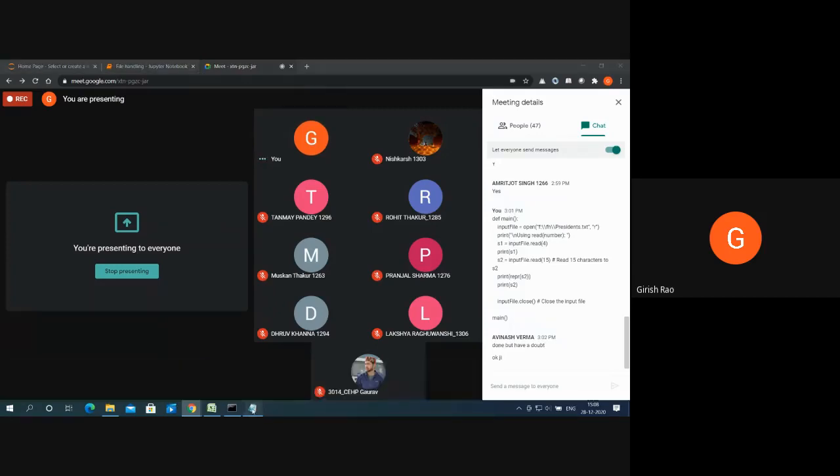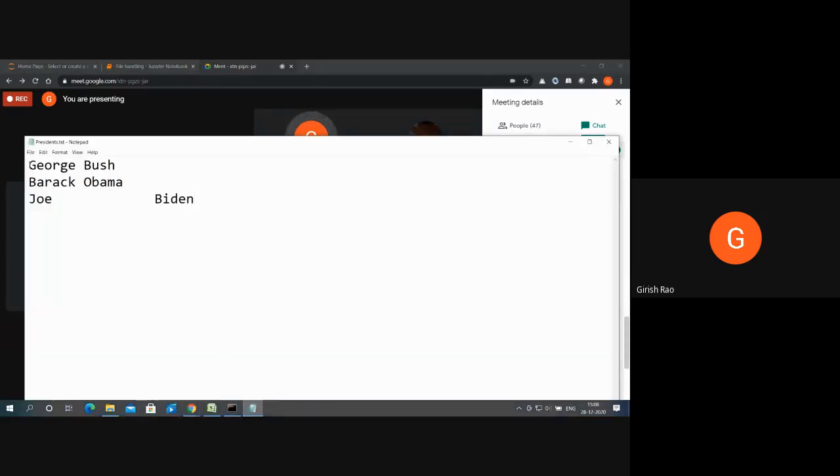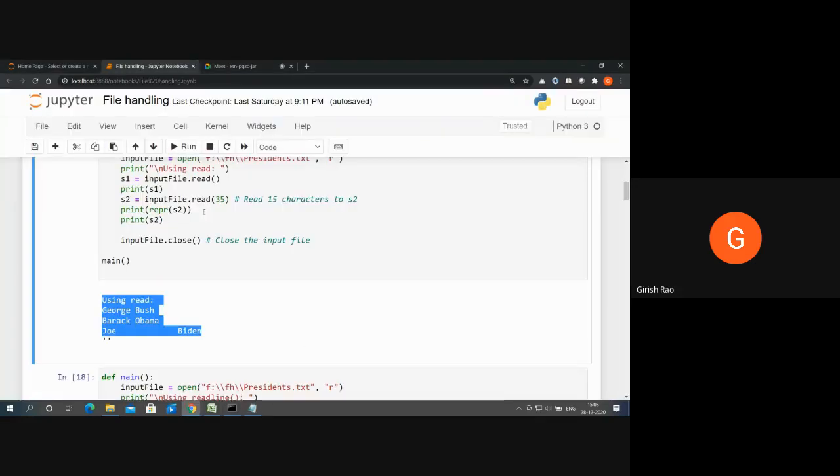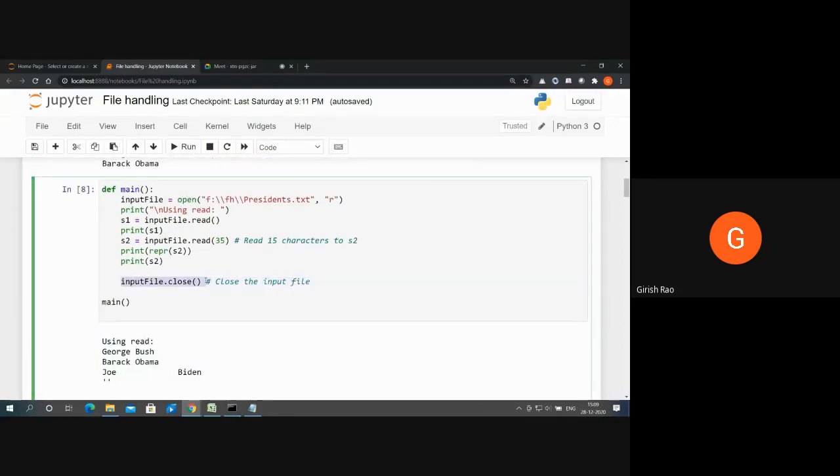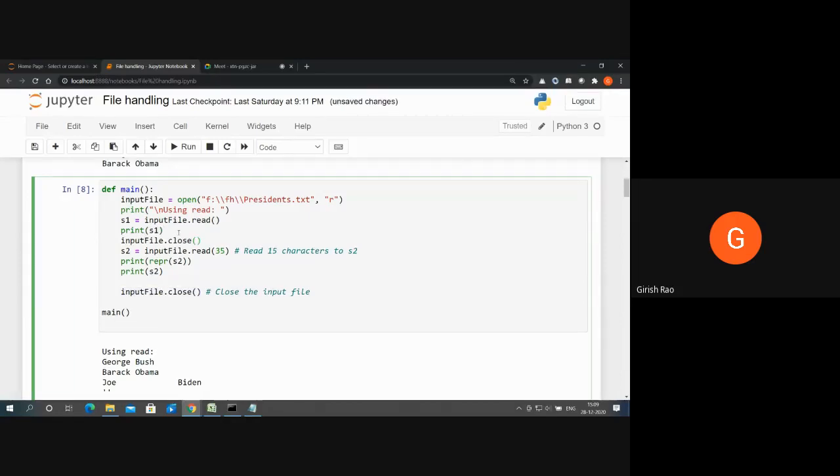Okay, so what has happened is because of the read, it has gone to the end of the file. Now from here, it is trying to read the content, but there are no contents over there. So what should we do? We should go to the beginning of the file. And how can I go? Only two things I have taught you: how to close a file and how to open a file. So I should close the file after reading the contents, and again open the file.